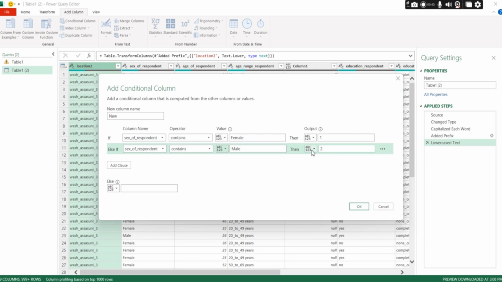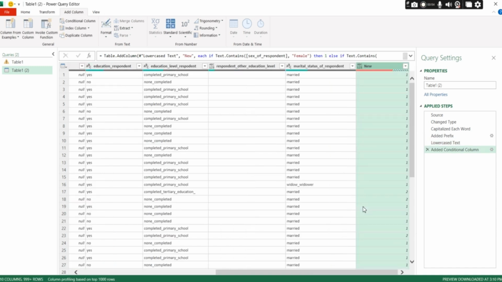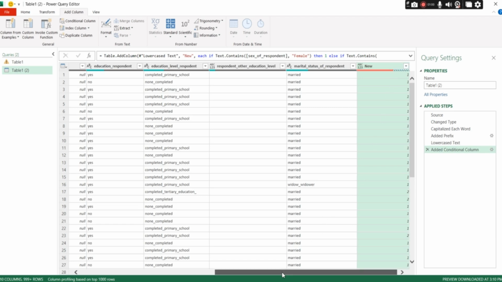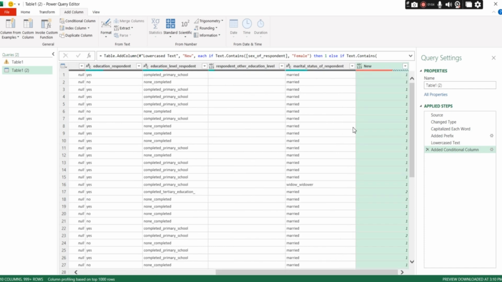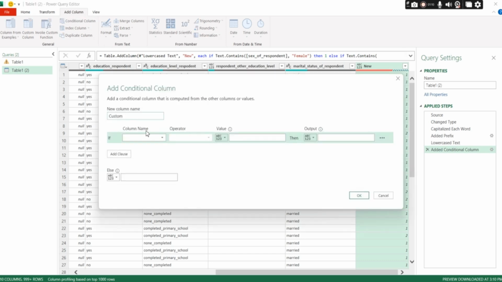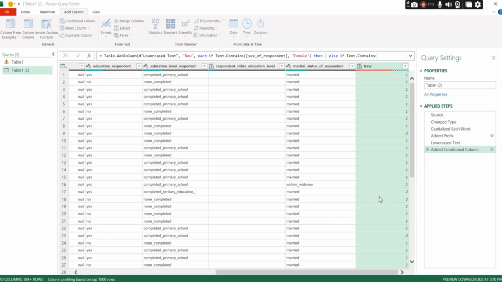So if we want to convert something from word to number or number to word, it works very fast. Then if we select OK, you can see that it automatically generates one column, and based on the gender we have in our database, it creates the number. So it works very fast for us. With this conditional column, we can do such things in various ways.